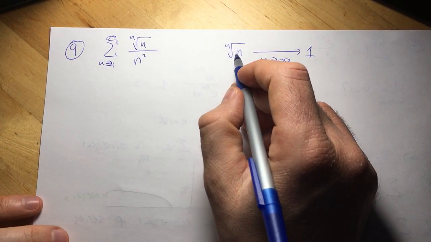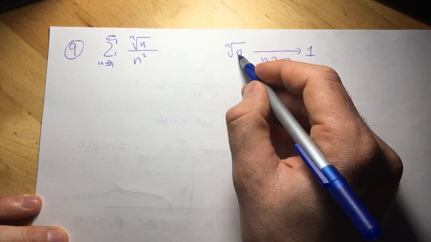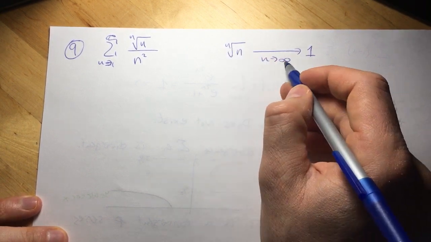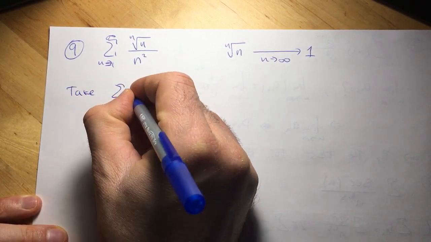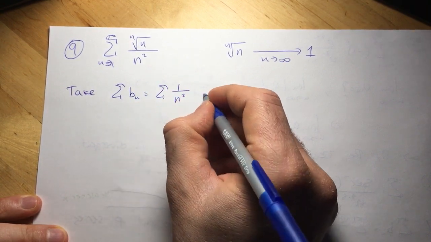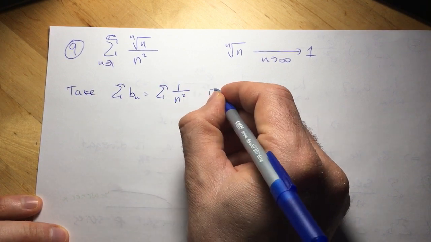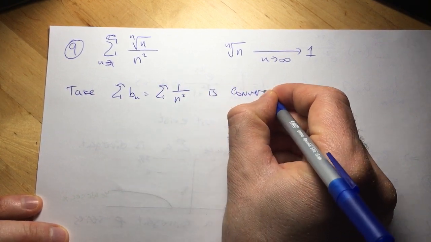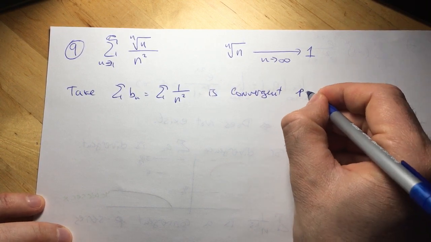So how am I going to use this? Well, if this expression approaches 1 as n goes to infinity, then if I take bn as a sequence to be 1 over n squared, this sum here, sum of 1 over n squared, is a convergent p-series,